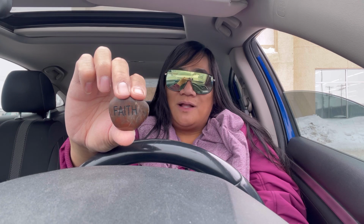I feel like faith is just one of those things. It's almost kind of like hope, where you believe in something and it'll happen. It's very manifestation. It's very positive. It's very hopeful. And that's why I've always kept this rock, because someone took the time to carve it into this polished stone and it found its way to me. And it's actually really carved well. So, faith. I keep it with me because I have faith in a lot of things. I have faith that I'm going to find someone. I have faith that I'm going to be a success. I have faith in my friendships, faith in...